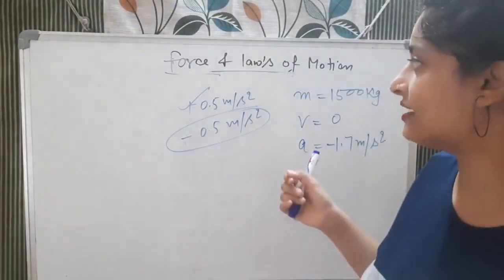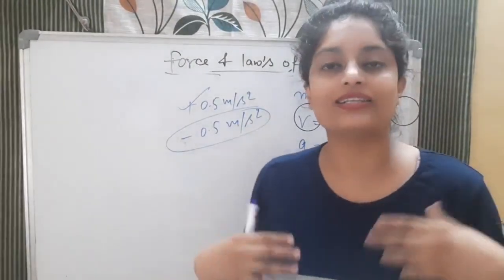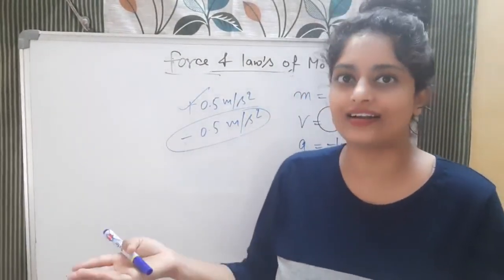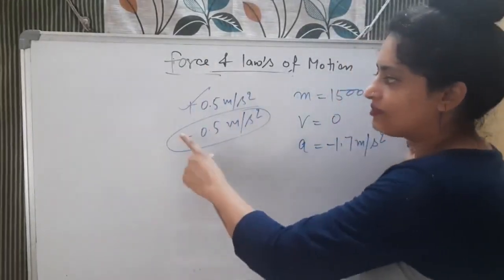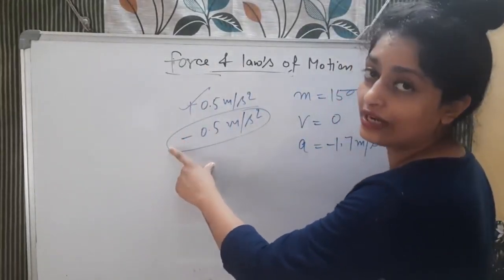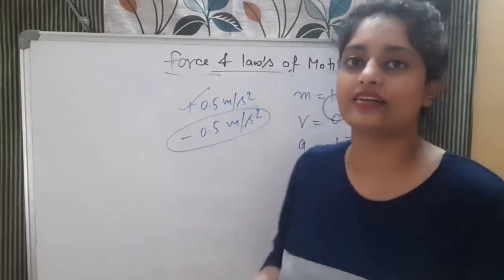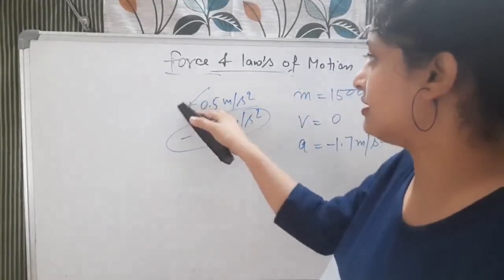But if the question is saying, because the question itself is saying, what is the retardation, meaning negative acceleration, what will it be? So if negative already comes and you write one more negative, so negative negative positive, and then it will become acceleration. Okay, so no need to write. This will be the answer.